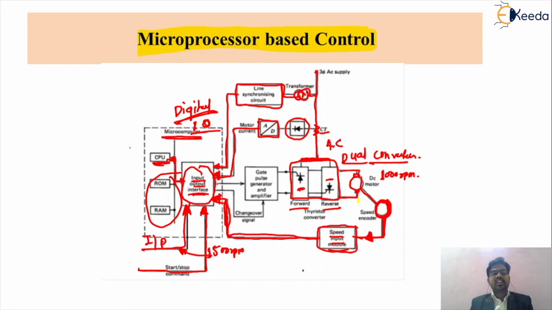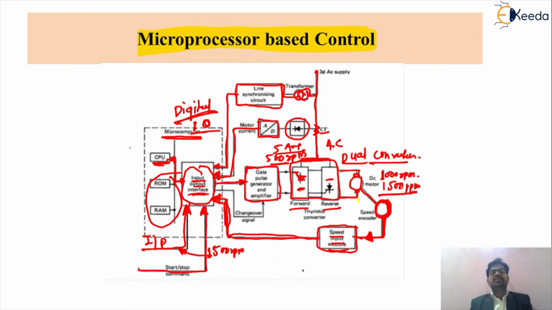These digital codes are given to your gate pulse generator amplifier. So these digital pulses are given to your gate pulse generator. This gate pulse generator will generate a signal which is required to generate the additional 500 rpm speed. As we know, in the speed control strategy, we are using the current control loop. So this 500 rpm speed will be converted into a 5 ampere value of your current. This 5 ampere current will be given to the different values of the gate pulse of that particular thyristor, and depending upon that, the speed of this motor will now change to 1500 rpm.